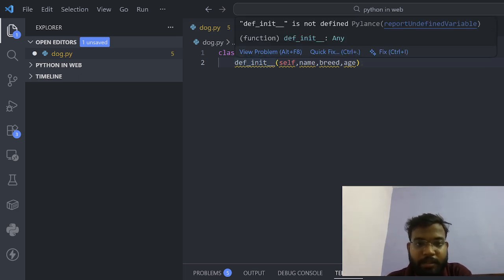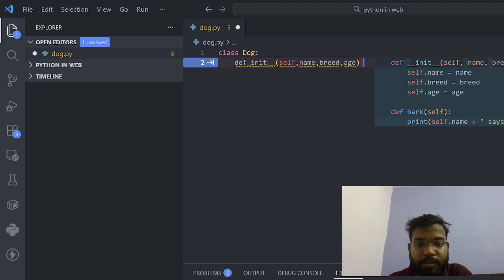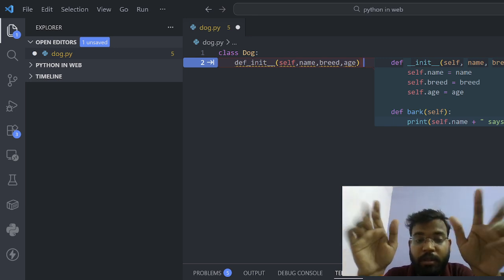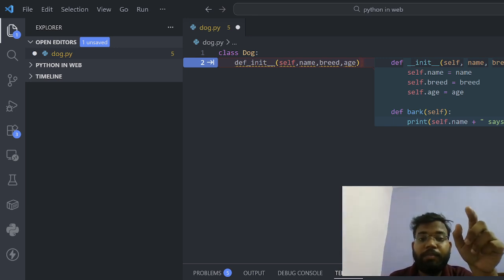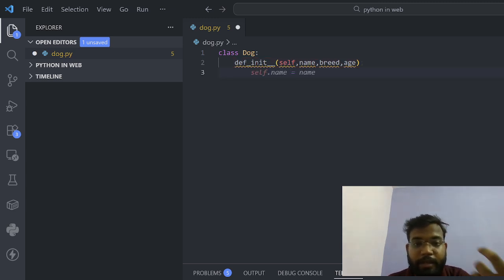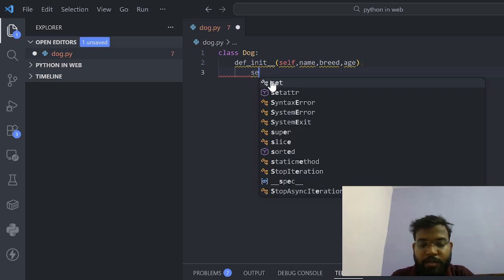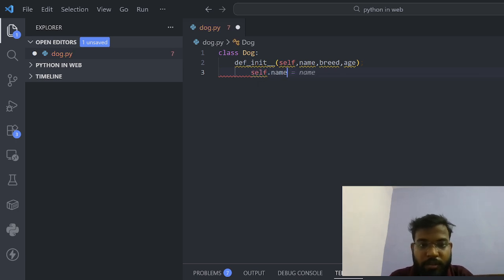This line means def __init__. What does init mean? Here init is a special function that runs automatically when we create a new dog. Then we write self.name = name.